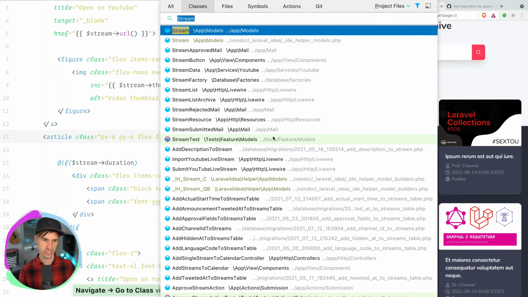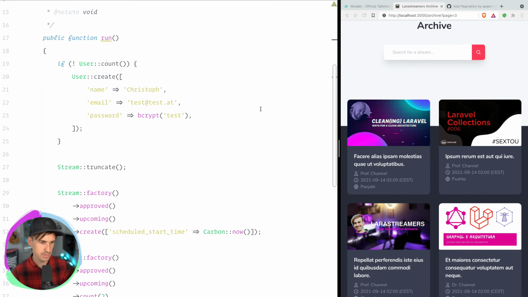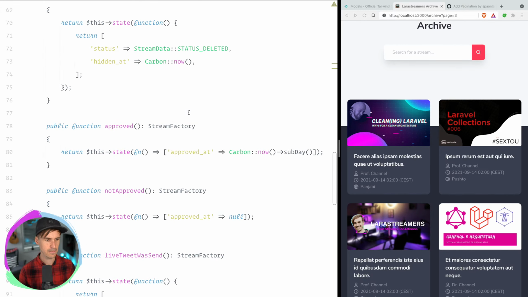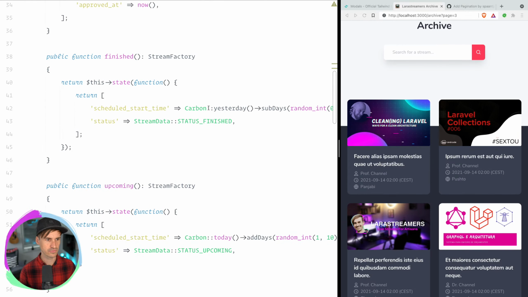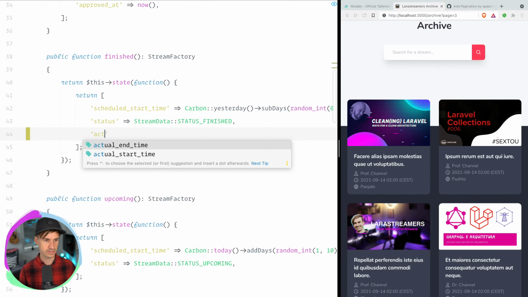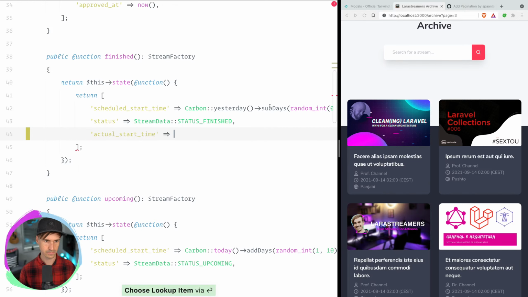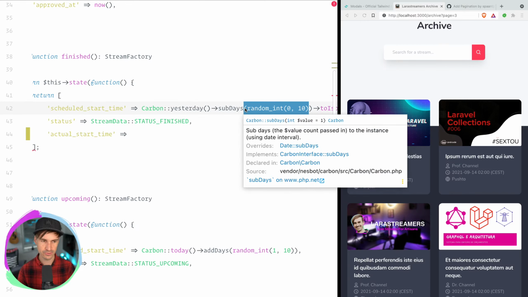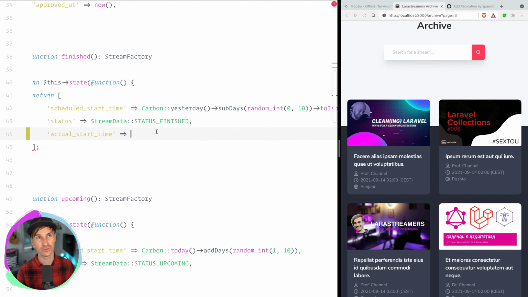So I guess we're just changing then the test data seeder, and to make sure, actually this should be in the stream factory, right? When we define a finished stream, upcoming finished. I think if it's finished, we can define a start and end date. Yeah, I think that's a good idea. That's interesting now. So we have a scheduled start time already, which is random. I guess I can just use any date here, because actually we're only checking this for the duration between. So I think we could still just go with yesterday